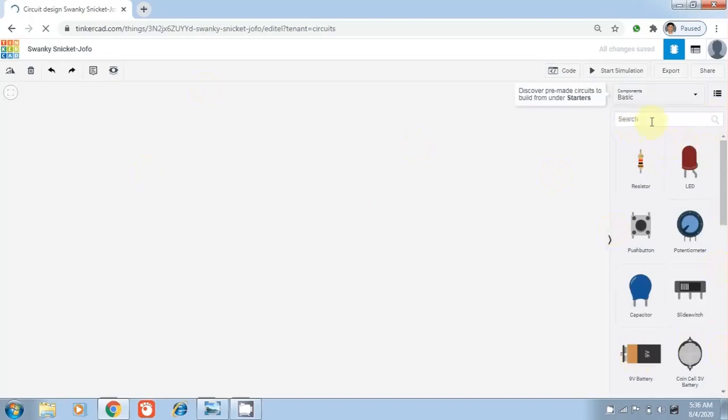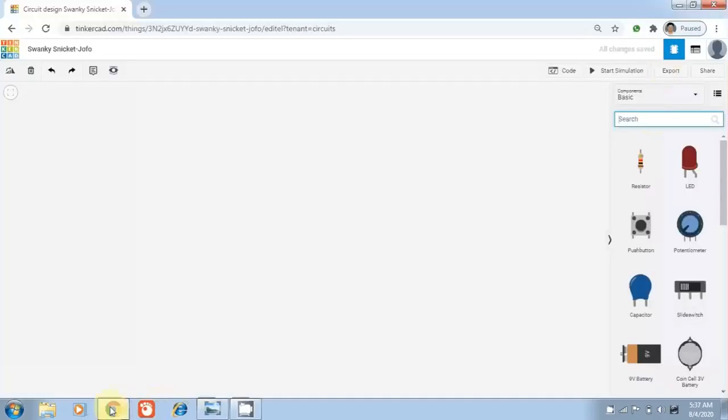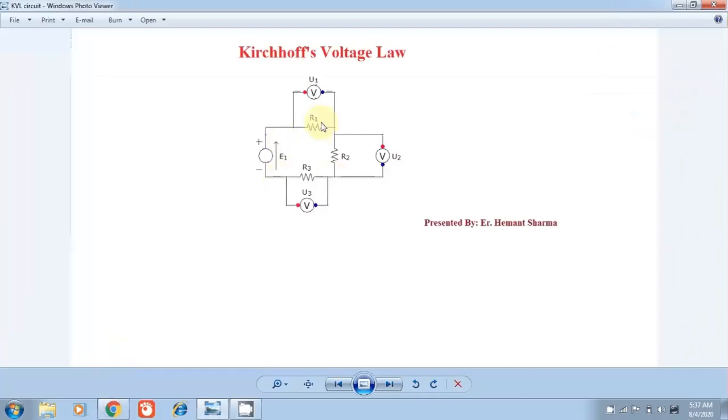In this experiment we have a requirement of resistances R1, R2, R3, a voltage source, and a voltmeter in order to measure the voltage across each resistor. Also, we use a breadboard in order to connect these resistances together.